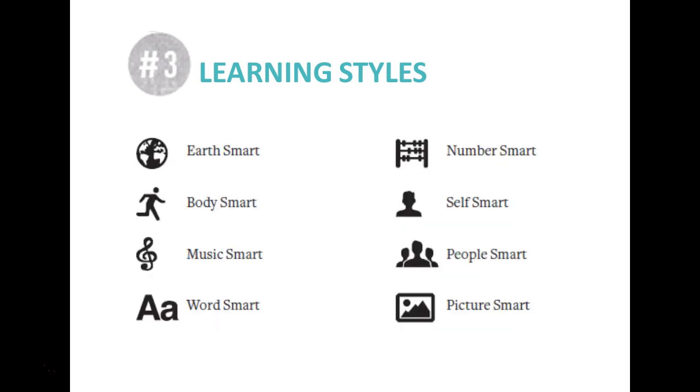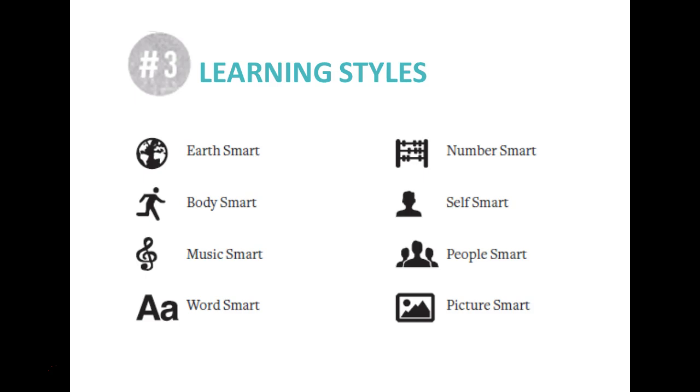Earth-smart learners learn best when activities are connected to living things and nature. Body-smart people learn best by using their bodies and through hands-on activities. Music-smart people learn best through activities connected to music, and word-smart learners love language and listening and reading. Number-smart learners love problem-solving, logic, and patterns. Self-smart learners like to think things through and learn independently. Learners who are people smart learn best when they interact with others, while people who are picture smart learn best